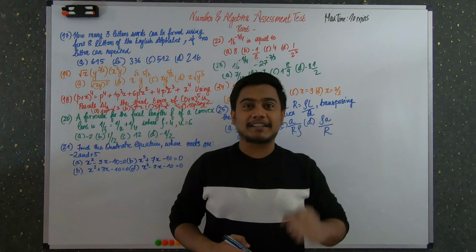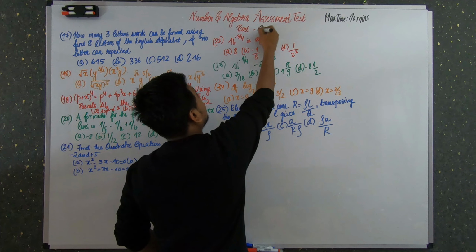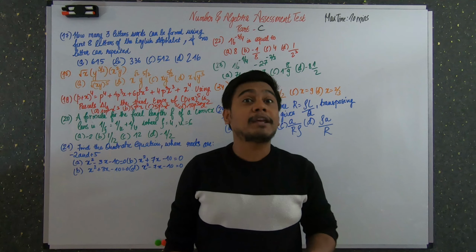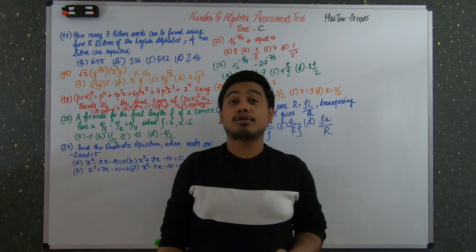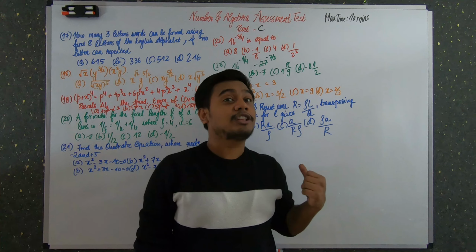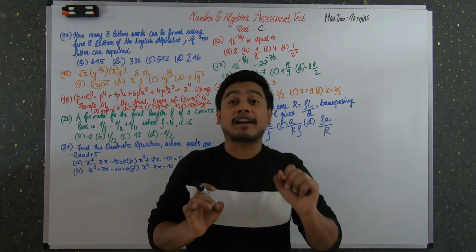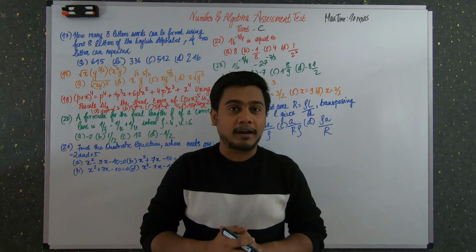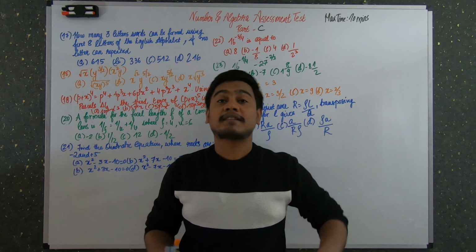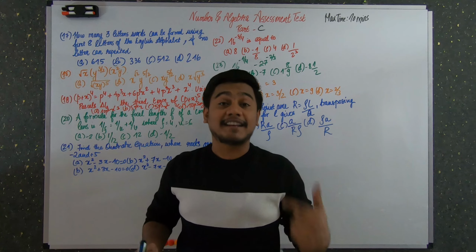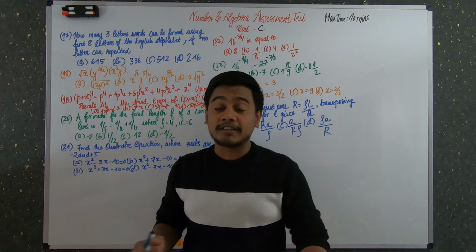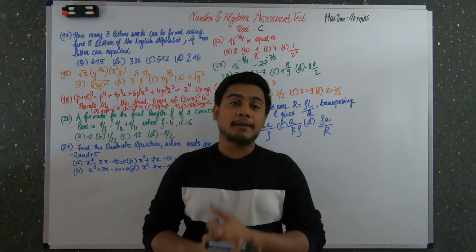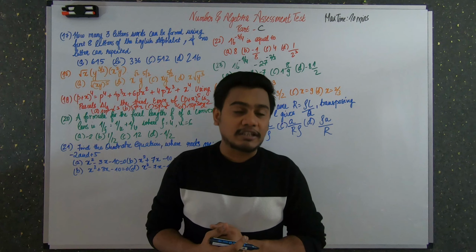So this is part 3, that is part C of the test assessment on number and algebra. If you have not watched parts A and B, I would highly recommend you watch those first and then do the third section. With these three sections, we are covering 25 questions based on number and algebra, covering topics like fractions, decimals, indices and standard form, simultaneous equations, algebra, permutation and combination, and many more. So it would be like a revision for you.